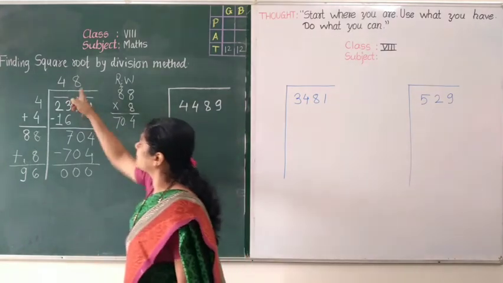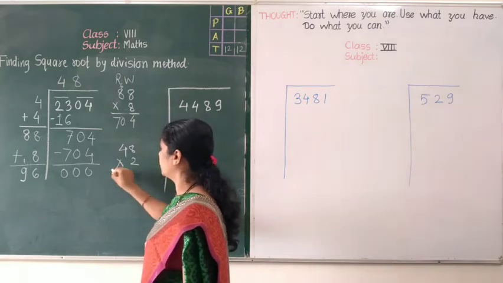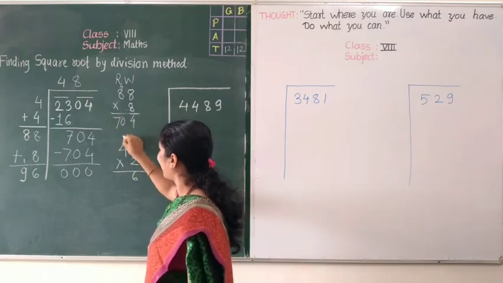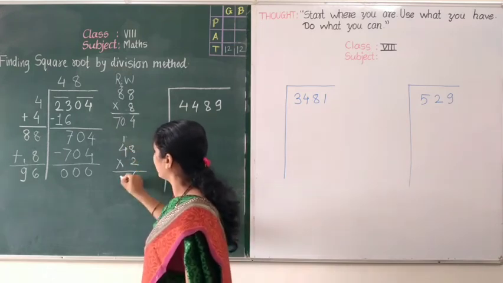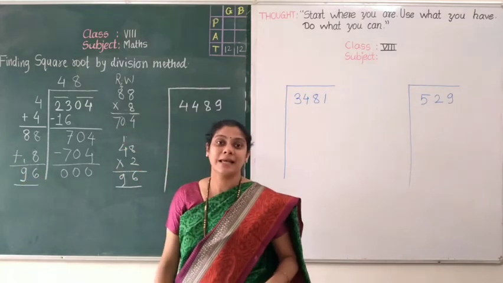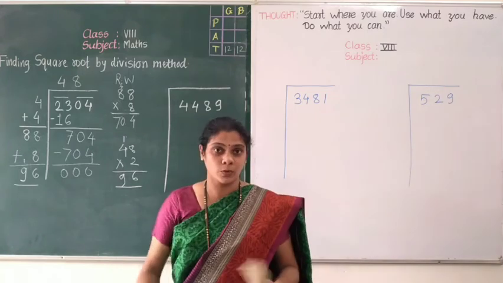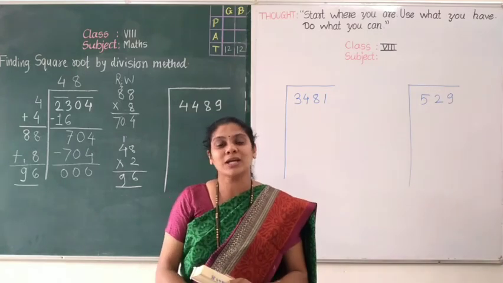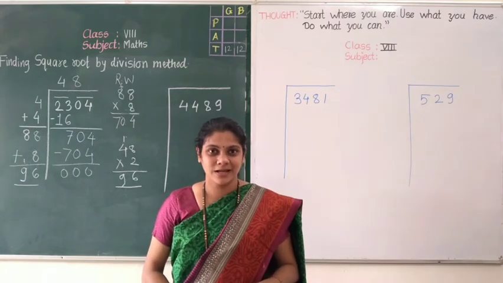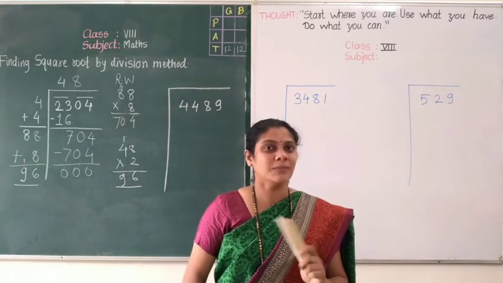Just look at here 48. Now I will do here 48 into 2. Okay. So 2 8s are 16, carry 1. 2 4s are 8 and 1 is 9. So look at here this number and this number is same. So with the help of this checking application we can check out our answer, that is it is correct or not. Is it easy? It is little bit difficult. Don't worry, we are going to take 3 more questions.